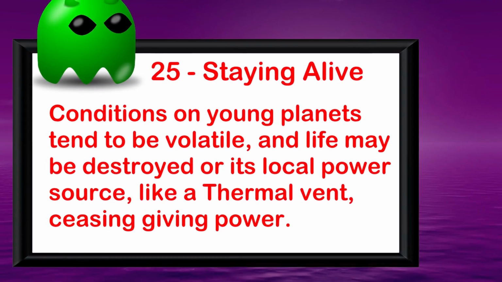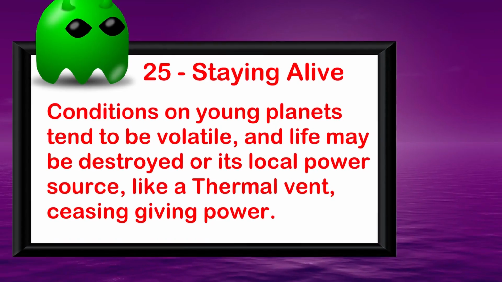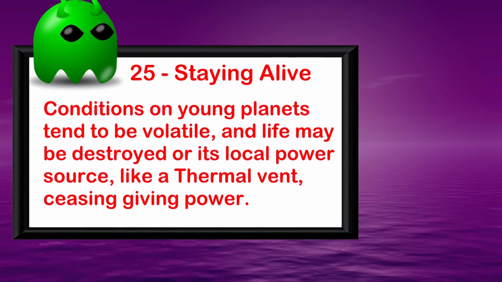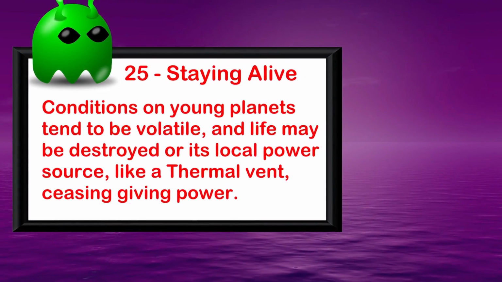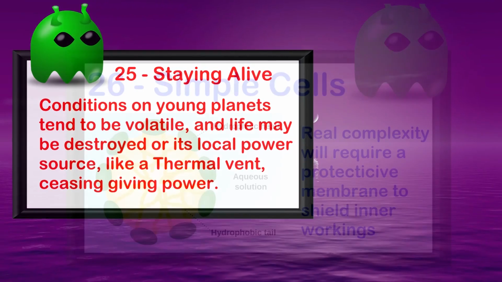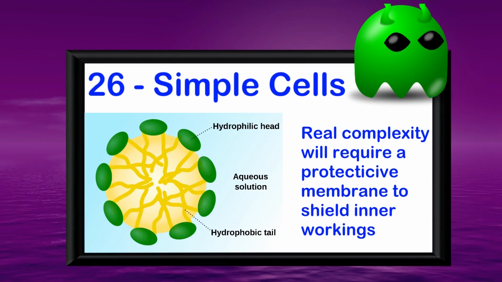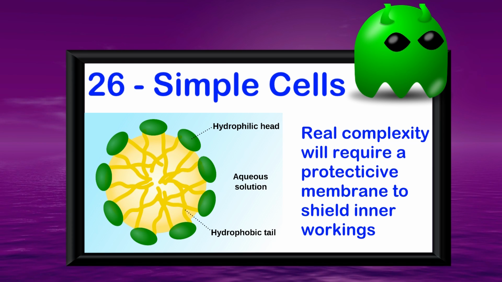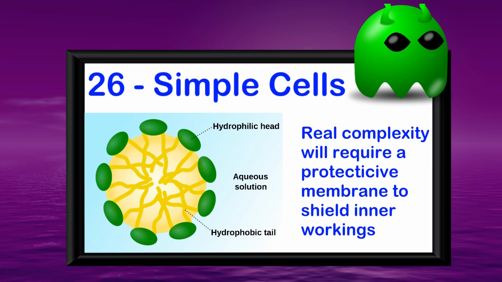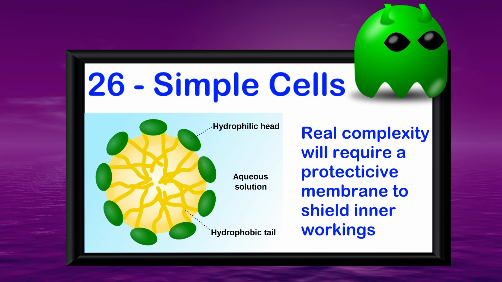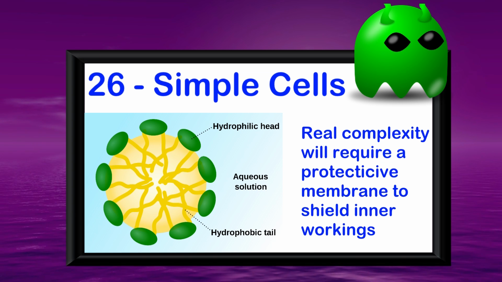25. Staying alive. From what we can tell, conditions on Earth when abiogenesis happened were nothing like now, and life has to make that conversion or die. The way the Earth was back then would not be hospitable to complex life. 26. Simplest cells. Protocells, the boundary in many eyes between living and non-living material, revolve around the cell wall or membrane, and is now thought to be the first step, with lots of interesting research on the subject in the last decade, even showing how the assembly of these membranes would logically act in a Darwinian manner.